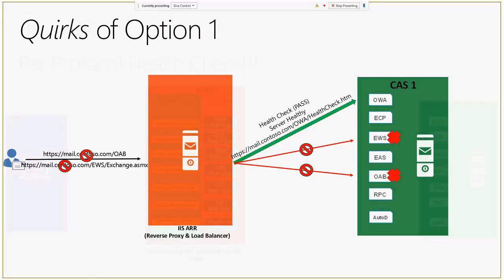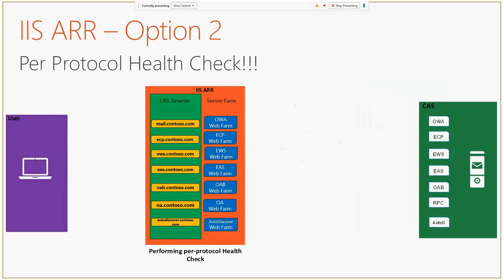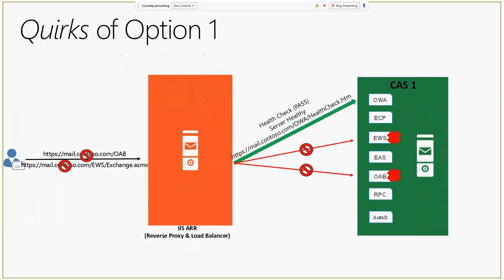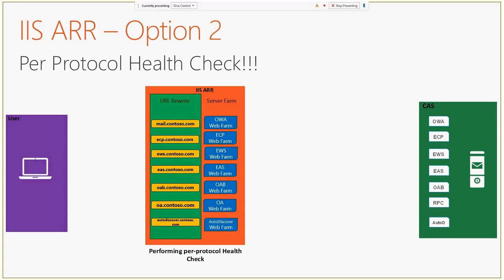All right. So there's a solution to that. It's not a pretty solution, but it's a solution. And the solution is a per protocol namespace with a per protocol health check. So in that case, as you can see, we no longer have a shared namespace like only mail.contoso.com. We now have mail.contoso.com, ECP, EWS, EAS, OAB, Outlook Anywhere, Autodiscover, you name it, .contoso.com, which is a pain to configure, sorry,